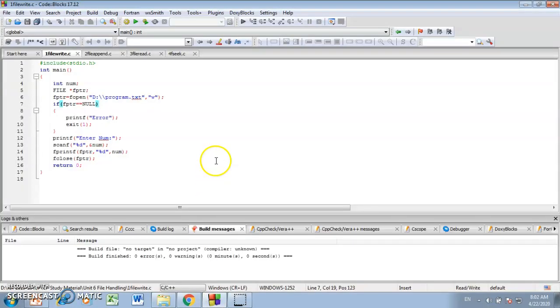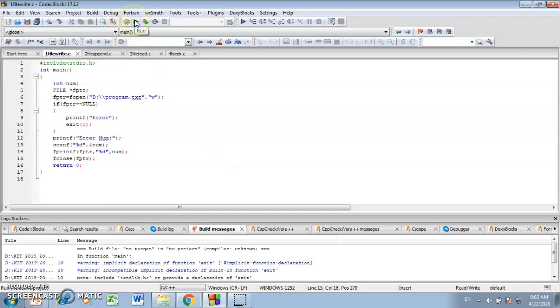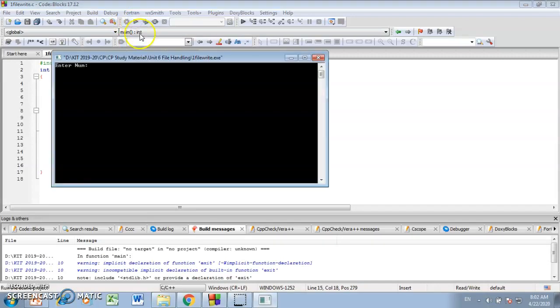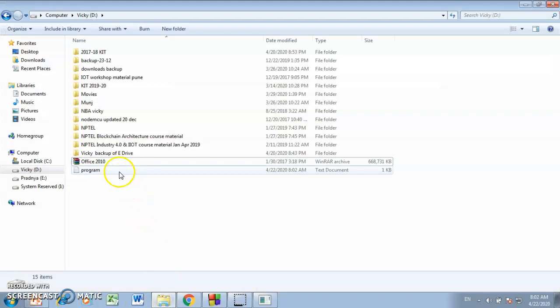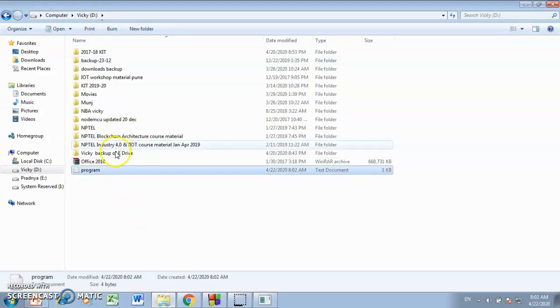So what I will do is build this code and then run it. When I run this code, it gives me the message "enter number". Suppose I enter the number 3456, and when I press enter, see, now the program.txt file is created on the D drive.